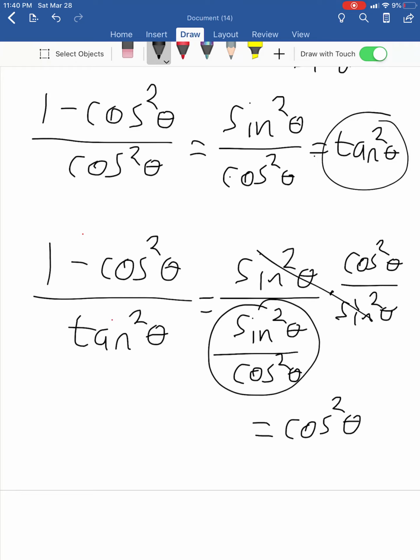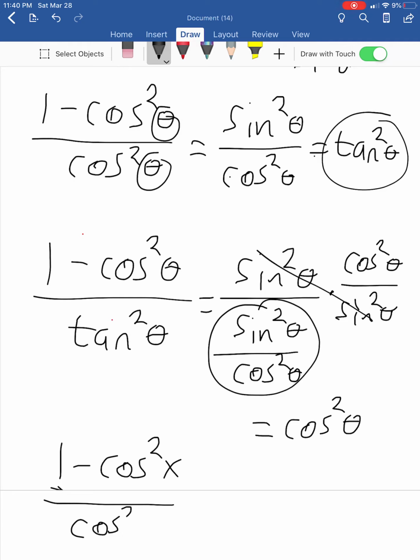So be aware, I used theta a lot when I was working these examples for you. In your questions, you're going to see x instead of theta. Just 1 minus cosine squared x over cosine. So you're going to see an x instead of a theta when you're doing your exercises. Okay, so give it a shot. Let me know if you have any trouble, and I'll